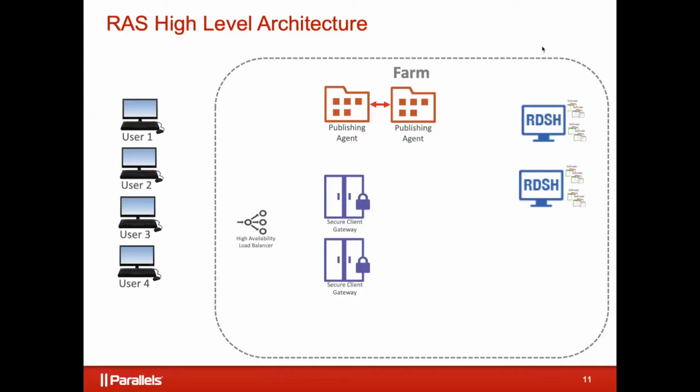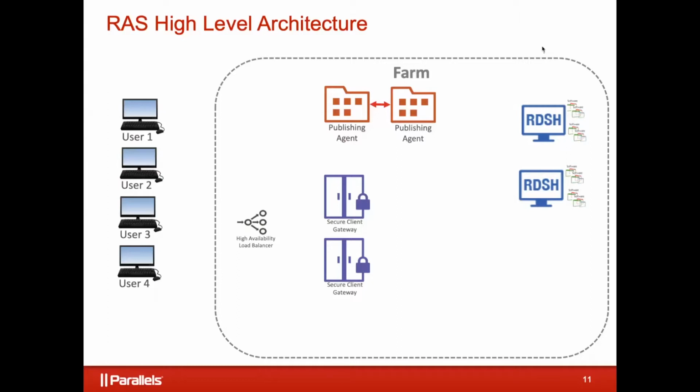The two purplish boxes just off center with the locks on them that are stacked on top of each other, the secure client gateway, that's what controls access into and out of the system. So as I said, if you just install the product and next, next, next, you end up with one of each of these on a single server. So a very easy install. I've split them apart here into pairs so that we can just understand how the traffic flow works.